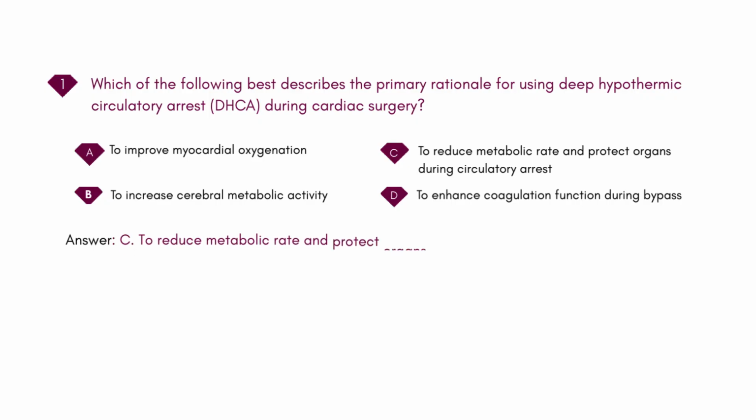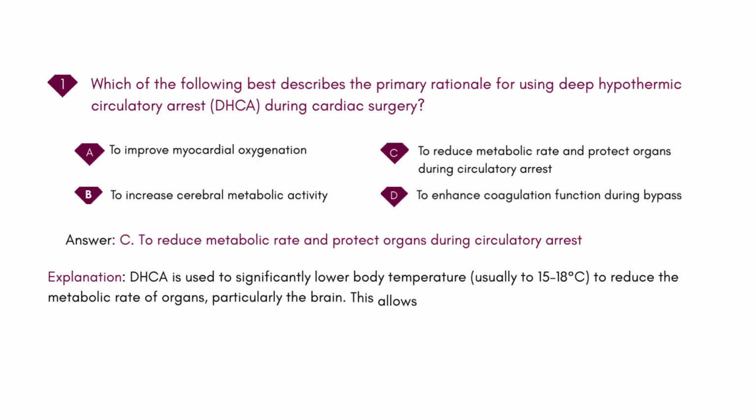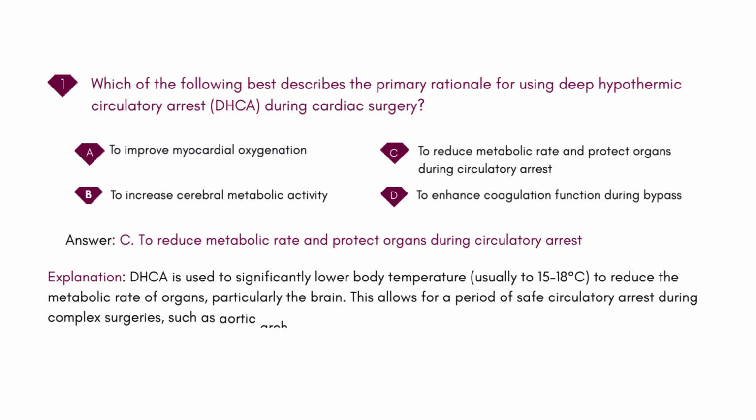Answer: C. To reduce metabolic rate and protect organs during circulatory arrest. Explanation: DHCA is used to significantly lower body temperature, usually to 15 to 18 degrees Celsius, to reduce the metabolic rate of organs, particularly the brain. This allows for a period of safe circulatory arrest during complex surgeries, such as aortic arch repairs, where blood flow